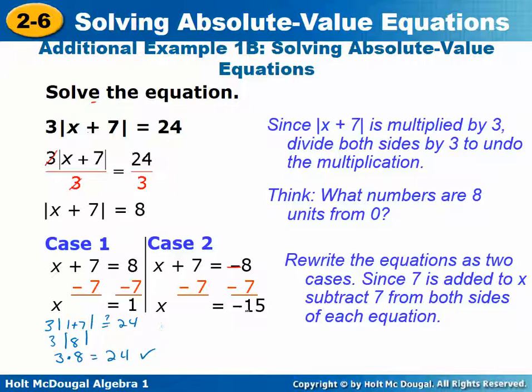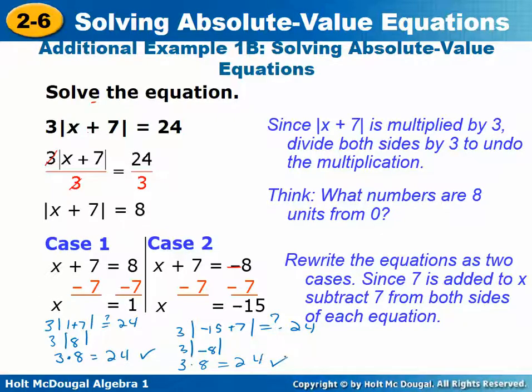Now let's check our other solution, which was negative 15. So I have 3 times the absolute value of negative 15 plus 7, and I want to see if that is equal to 24. So 3 times the absolute value. I do the work inside the absolute value and get negative 8. And then I have to take the absolute value of negative 8. The absolute value of negative 8 is positive 8, so I get 3 times 8 is 24, and that one